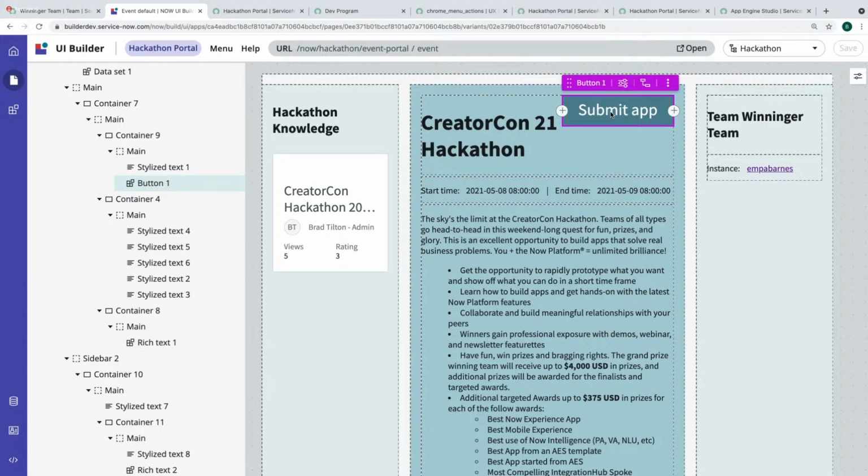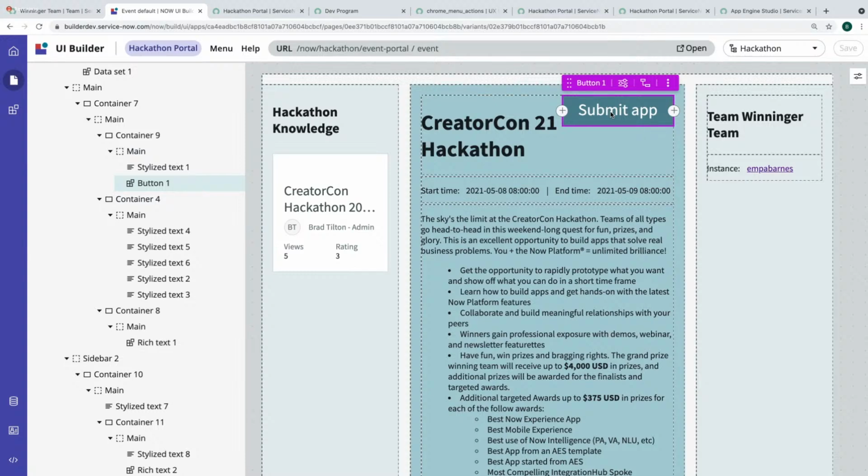But I honestly think when we actually roll this out, the Submit App button is probably not going to be live until towards the end. We'll probably have a time where it becomes live and you can submit your app, because it does create some confusion when people can actually submit an app 2 weeks before the hackathon starts.